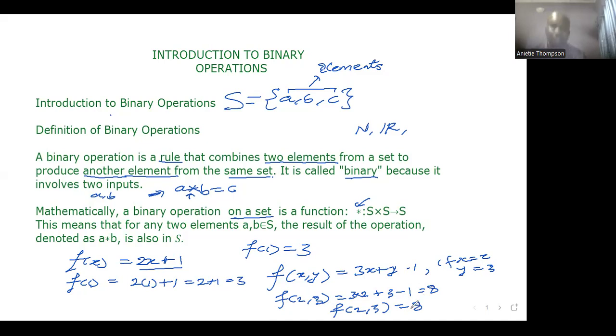All right. This is a binary operator. So you can look at the rule here, 3x plus y minus 1, as the rule given. And this rule is like saying multiply 3 to x, and after that add y to the result. Then when you get everything, subtract 1 from everything. So whatever the result will give you,